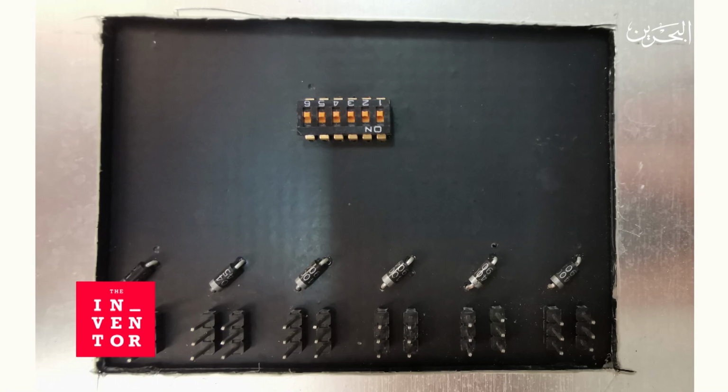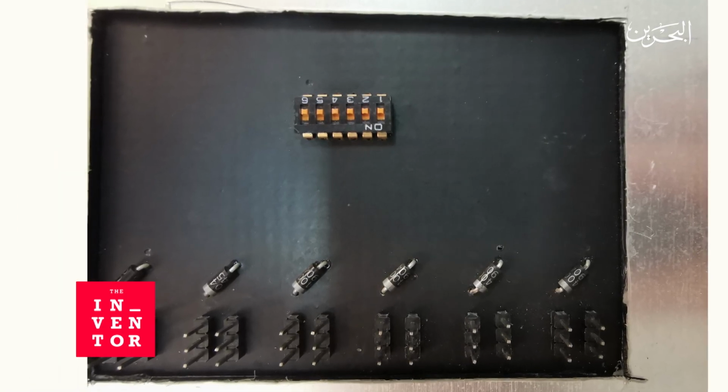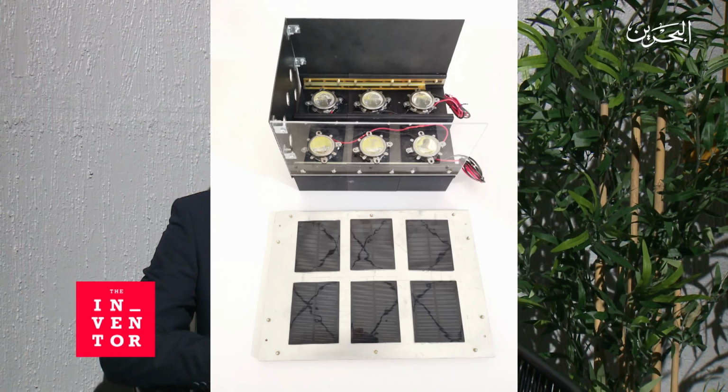Now, our idea, on the other hand: instead of doing this, we tried to develop a system called the MPPT, Maximum Power Point Tracker. Simply, it's a circuit or an interface block to be connected as an interface between the solar panels and the load. What it does is that this system